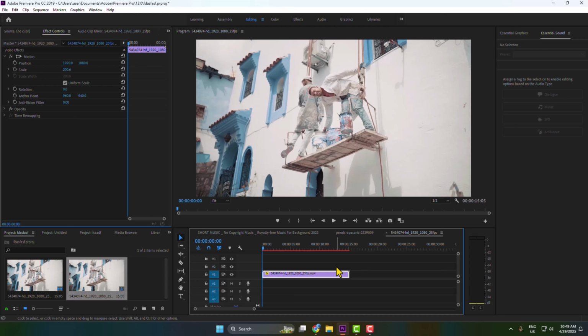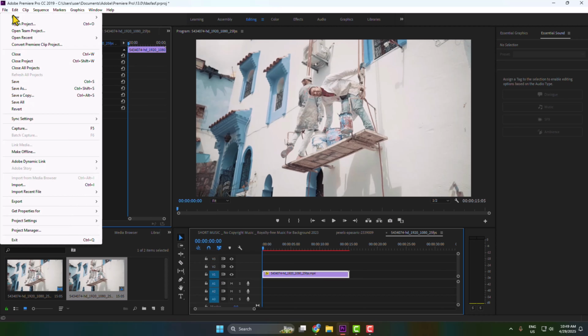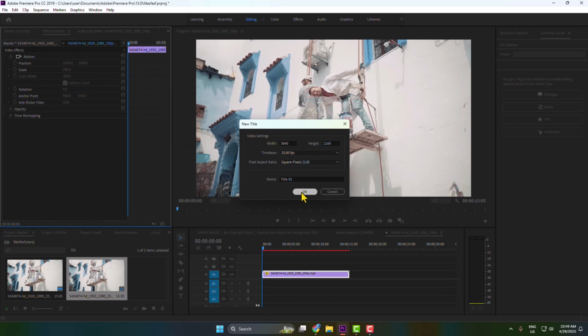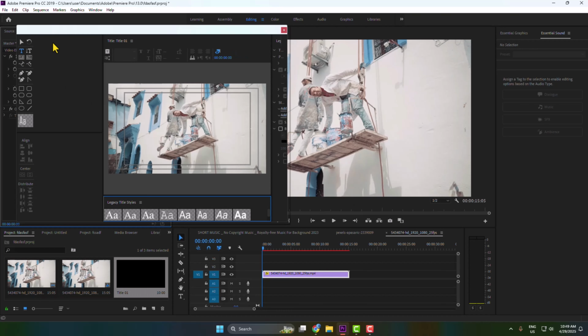Let's add gradient text in Premiere Pro. First of all, click on File, New, Legacy Title, and now select here the text tool and write your text here, and select your text, and